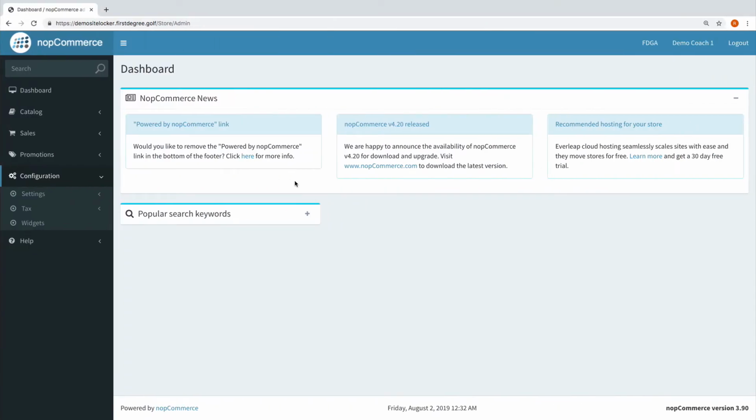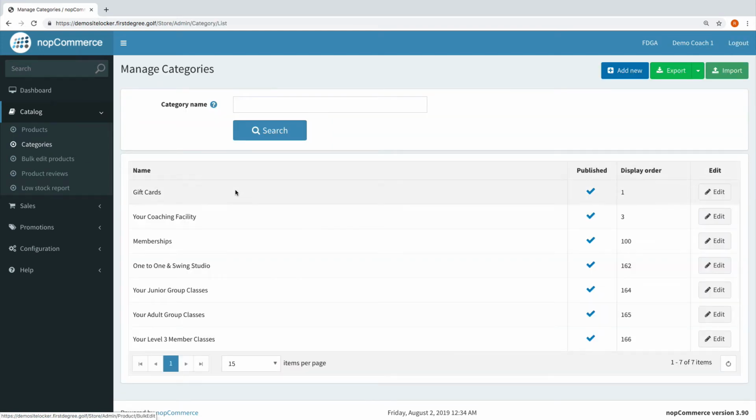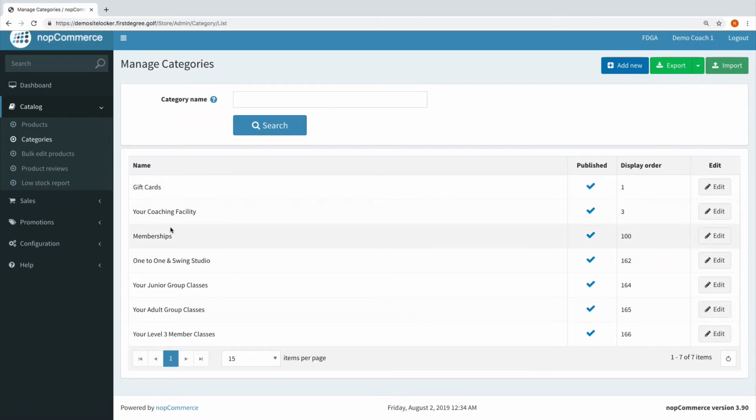So let's go across, and what we're going to start with is adding the necessary categories to our store. To do that, all we need to do is go across to Catalogue and choose Categories. And we have some categories that are visible. We have our membership category, which, as we just discussed, will always be visible. However, you won't be able to manage that category, and that will be added by the team at First Degree Golf Solutions. You'll have a gift card category that will be preloaded, and then you now have the categories that